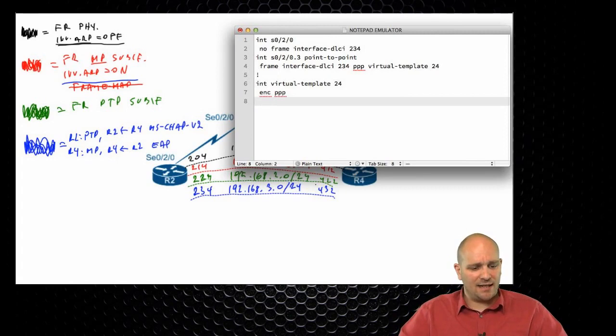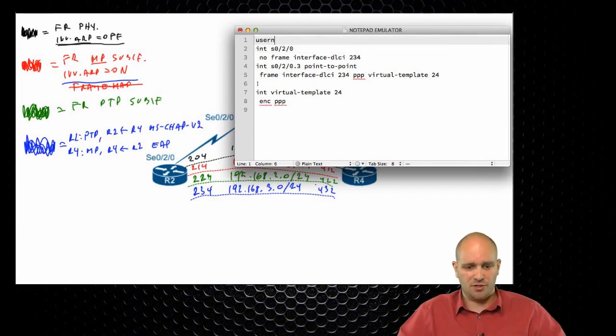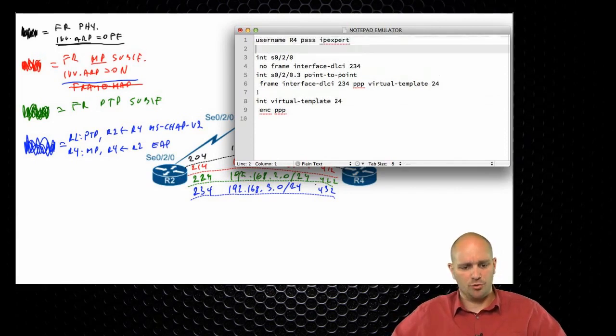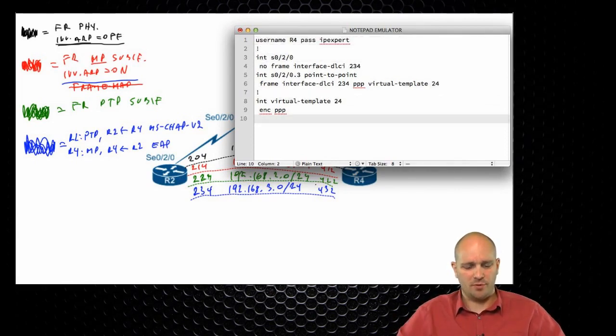So the next thing that I have to do is see who is authenticating who. R2 needs to authenticate R4 using MSCHAP version 2. So what I need to do here is really first create the username for R4. I'm just going to use R4 as the username and password IP expert, and I'm going to say PPP authentication MSCHAP